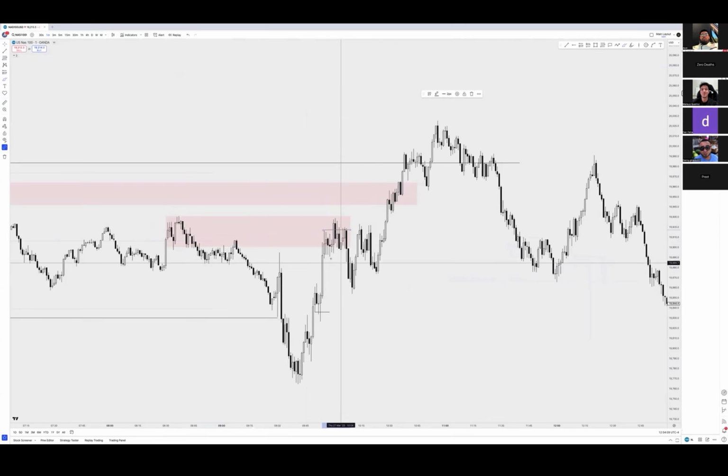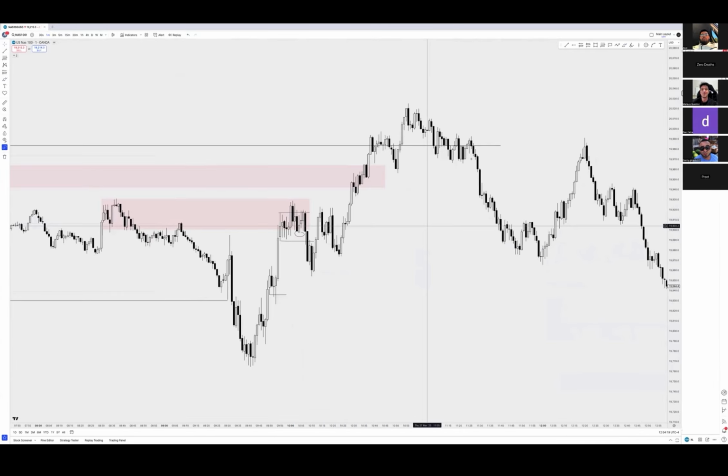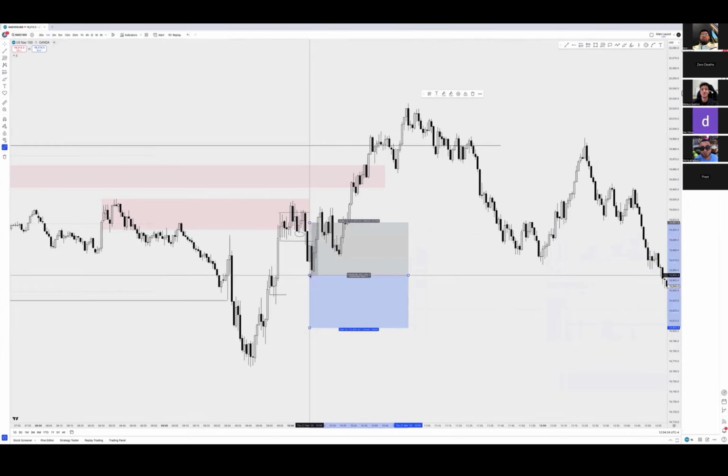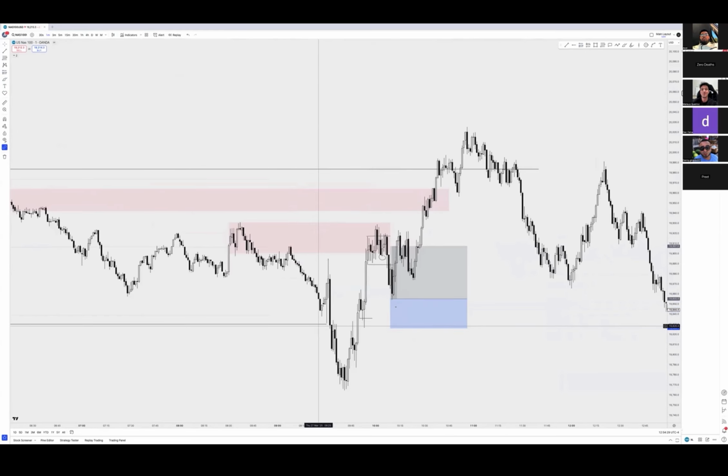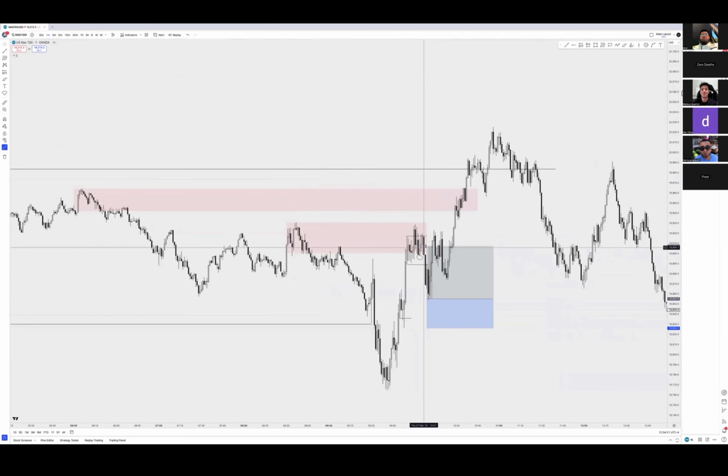Boom, BOS to the upside. There you go. Even gives reactions out of there. Okay, prints these highs, moves lower. And I entered exactly right here. And pretty much kept myself below here. And then targeted the highs. Honestly, simple move to be honest. I did scale in over here, and I'll explain that in a second. 4R right there.